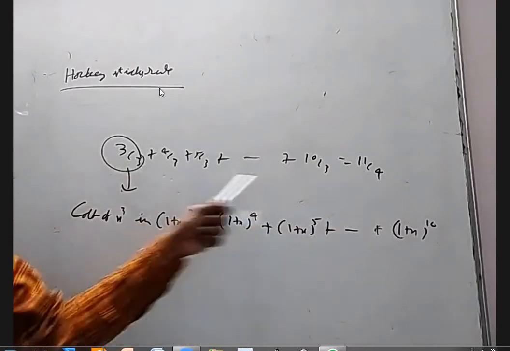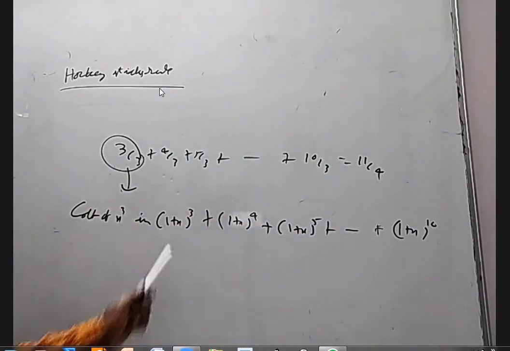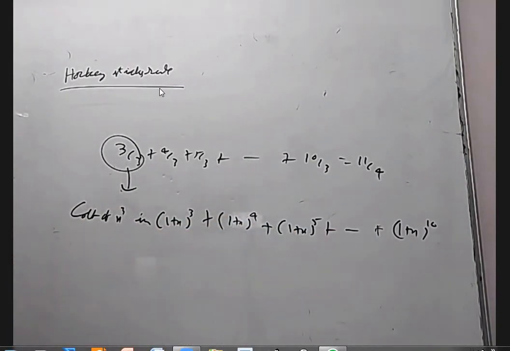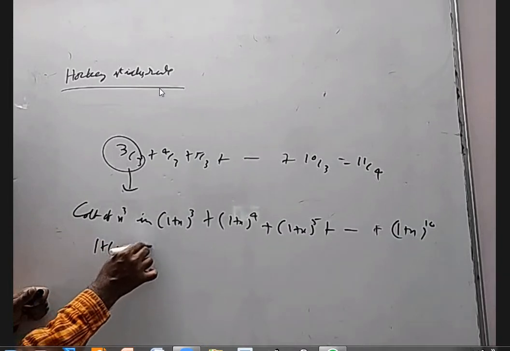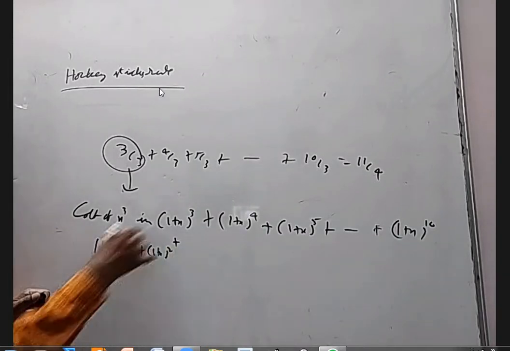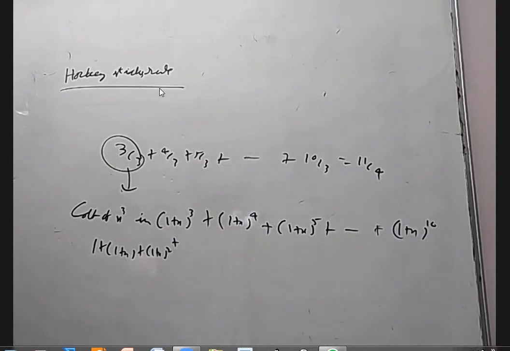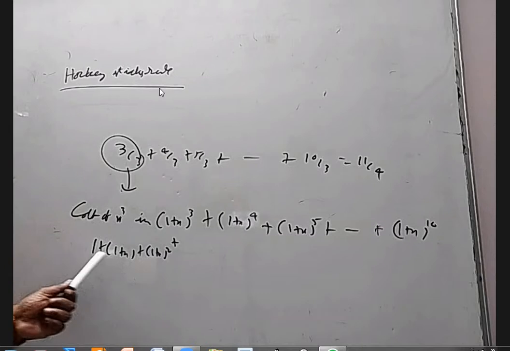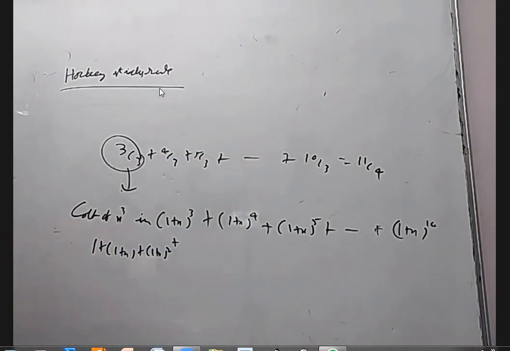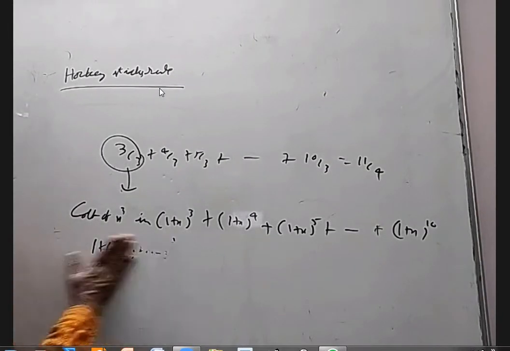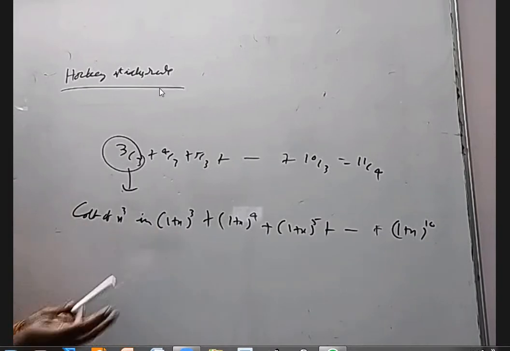But these are in geometric progression. Sum of all these things, are they in geometric progression? Yes. And if I add 1 plus (1 plus x) plus (1 plus x) whole square to this series, do you have any objection? No. Because there is no x cube in these, when I say coefficient of x cube, after adding these three terms it doesn't change, right? Actually, it's not important for me to write this. I don't have to write it, but I'm just giving an idea that I can add some.